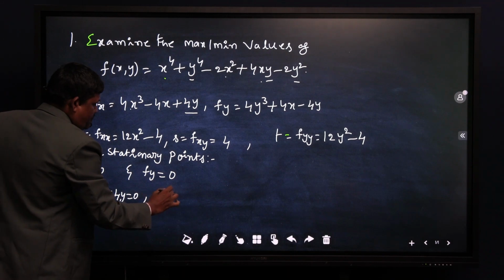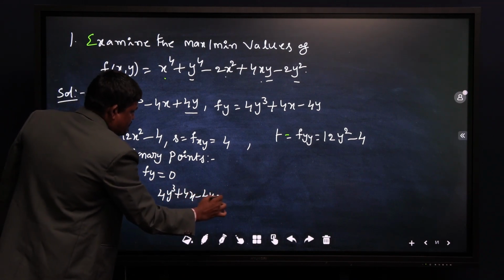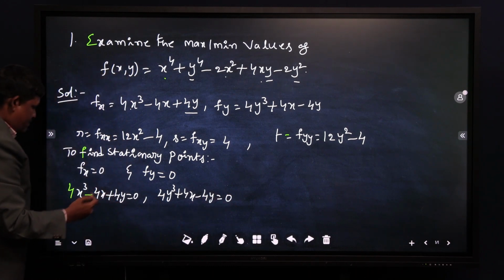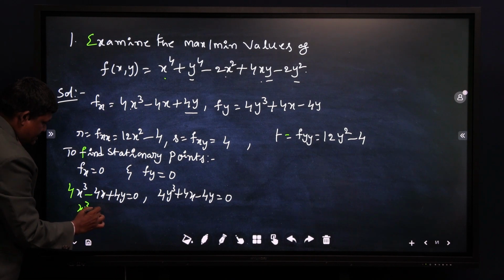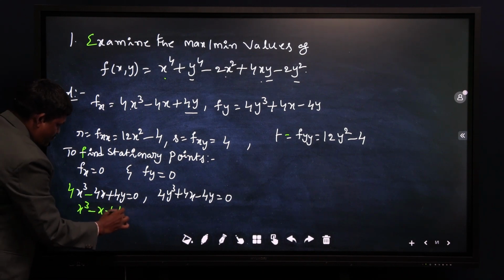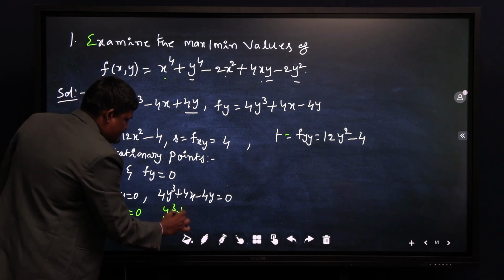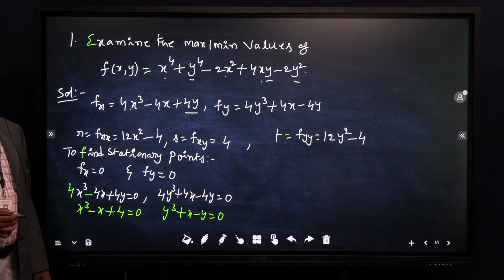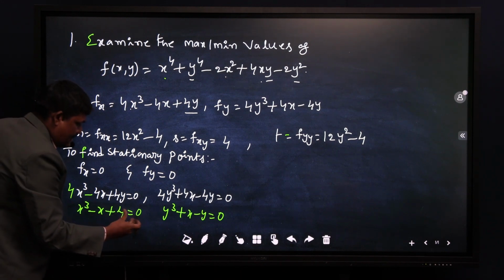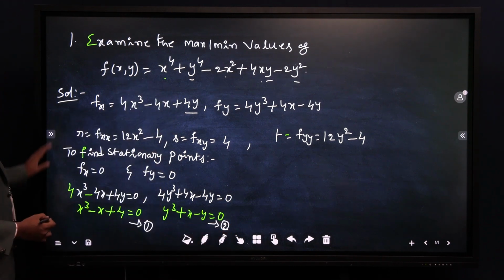Here 4y cube plus 4x minus 4y is equal to 0. Now 4 is common, take it out. x cube minus x plus y is equal to 0, y cube plus x minus y is equal to 0. By solving these two equations, if I take these as 1 and 2, you will get